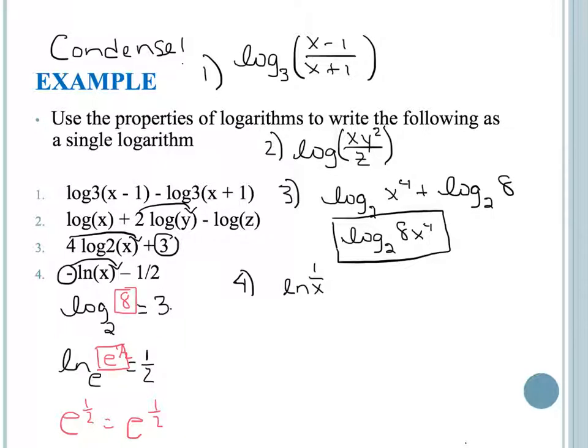So I'm subtracting. And since both of those have ln's out in front with a subtraction sign, I can combine them together with ln, and there's 1 over x, and the minus sign is telling me that my e to the 1/2 is going into the denominator,